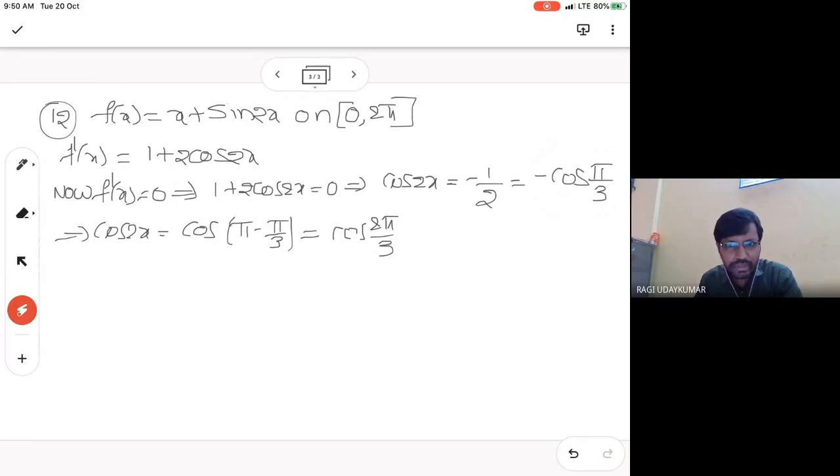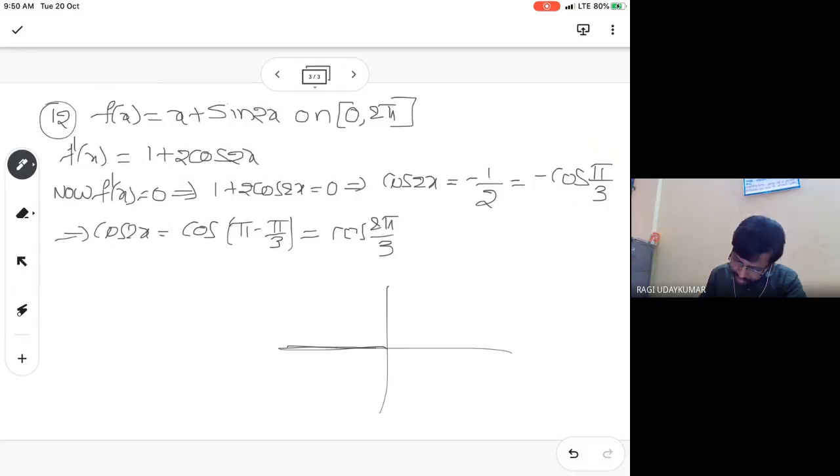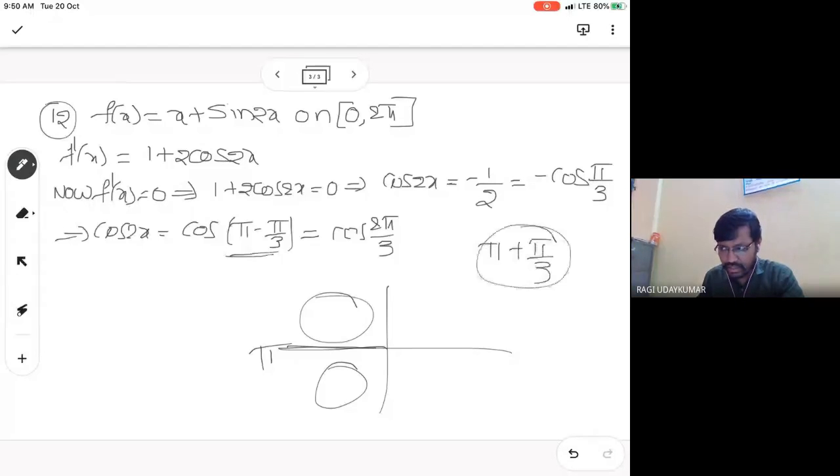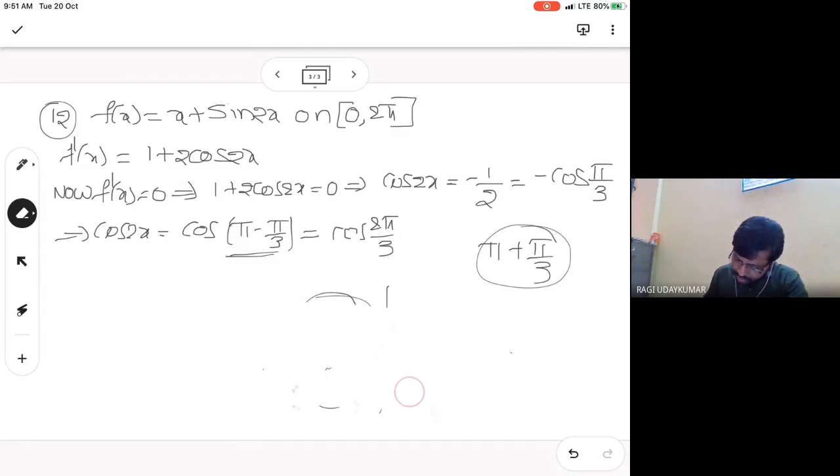So if you have to take the second quadrant, like this quadrant, if you want pi, you have to take pi minus pi by 3. In the third quadrant, if you take pi plus pi by 3, also you are going to get the right answer. Pi plus pi by 3 will give you 4 pi by 3. But if you go on taking everything like that, the problem becomes a little bit lengthy. So better you take the minimum value.